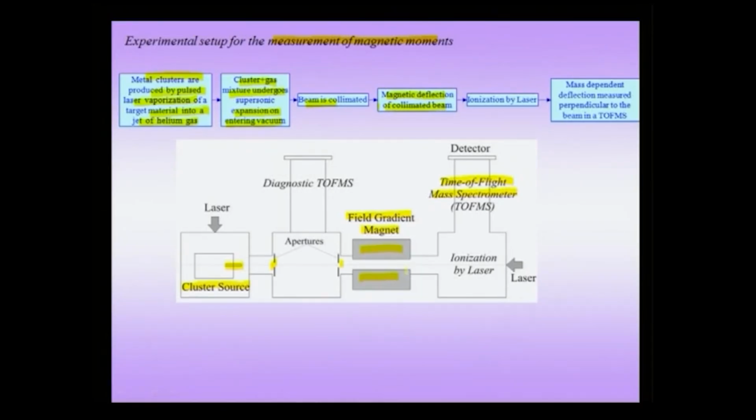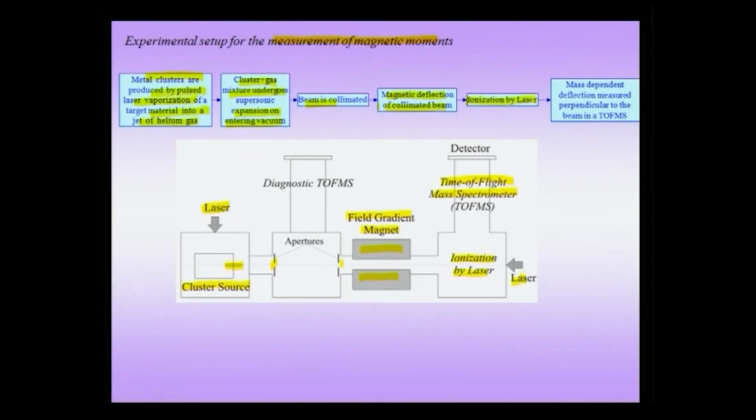Okay. But as I pointed out, even though now you have a deflection produced, unless these clusters are ionized, we will not be able to do mass spectroscopy on them. Therefore, these clusters need to be ionized, and the next chamber down the line is the ionization by a laser. So, you have a laser which is specifically used to ionize these clusters, and this laser is different from the laser which is used initially for the production of the vaporized metal. So, this laser has a different purpose. This laser is used for the ionization of the cluster.